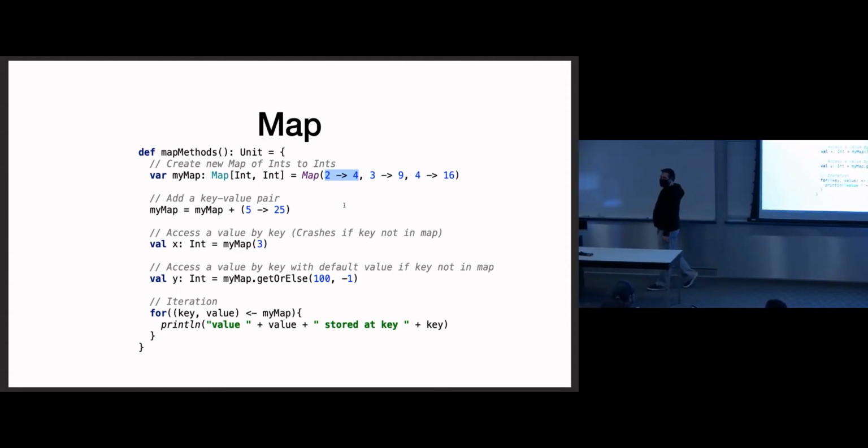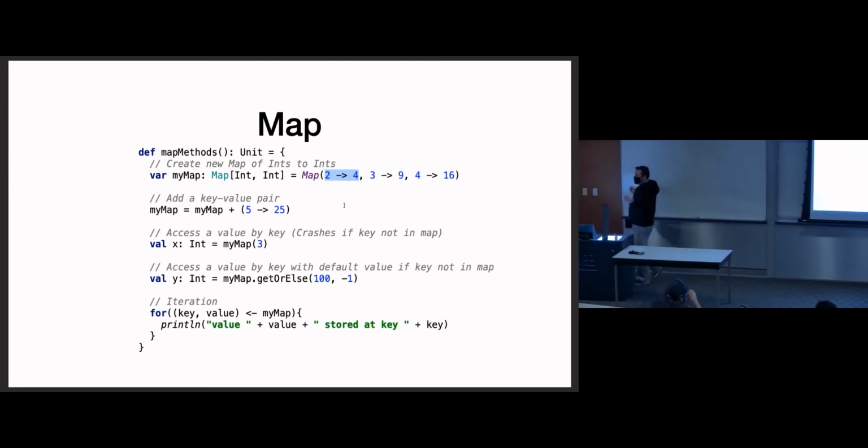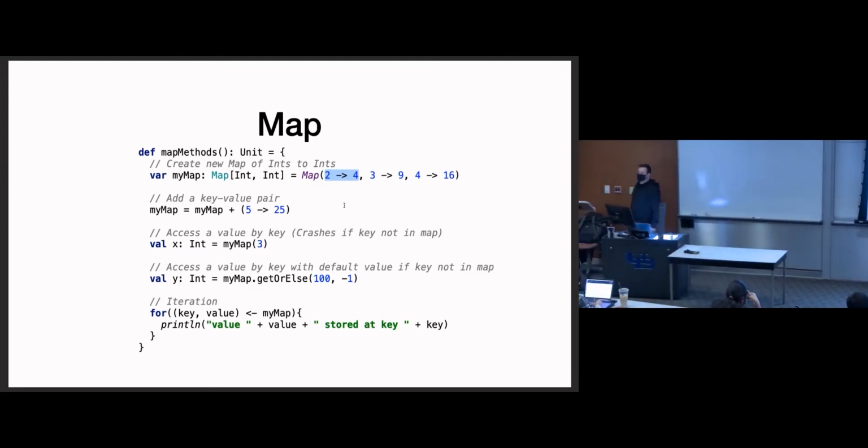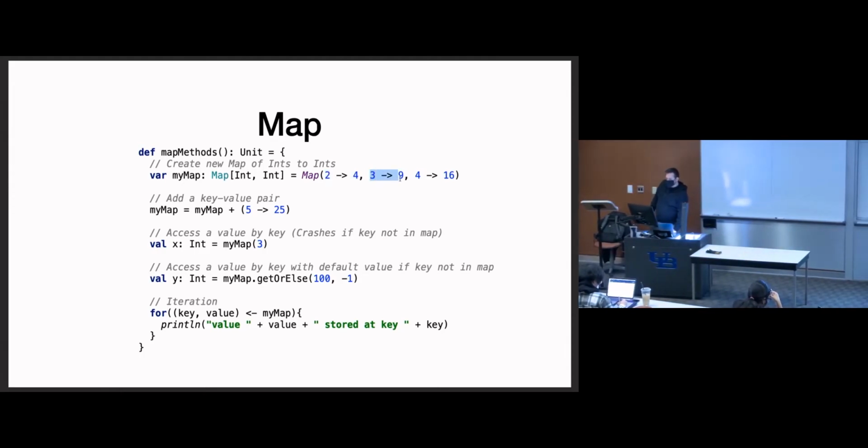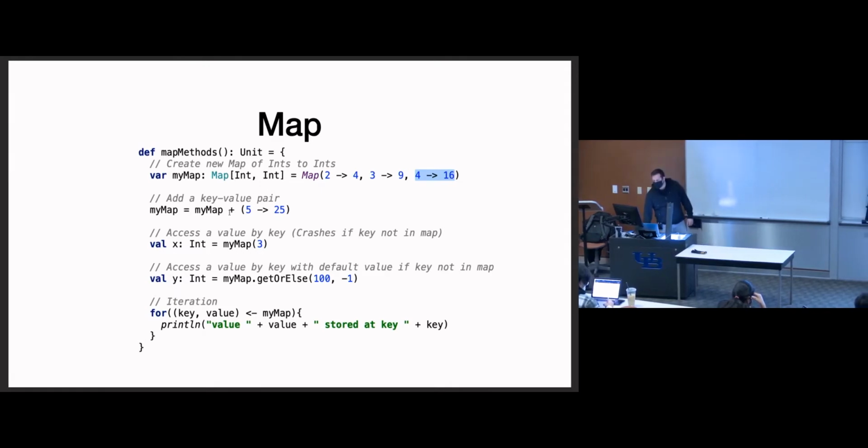So if I ask the map, what's the value of your key 2? It's going to be like, oh, it's 4. I got you. Separate your key value pairs by commas to initialize a map. If you want to add a key value pair to the map, plus sign. So take your map, add a new key value pair,